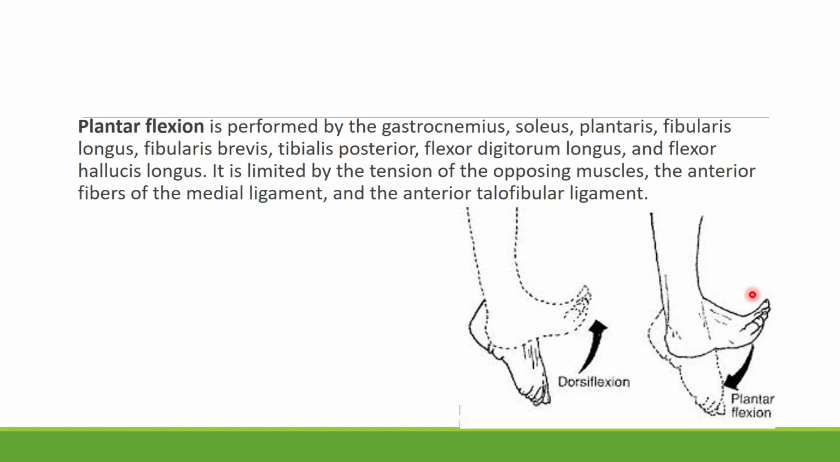Now the plantar flexion. Plantar flexion is produced by the gastrocnemius muscle, soleus muscle, plantaris muscle, fibularis longus and fibularis brevis, then tibialis posterior, flexor digitorum longus and flexor hallucis longus. These are the muscles of the lateral compartment of the leg and the superficial and deep muscles of the posterior compartment of the leg. They are responsible for producing plantar flexion, but plantar flexion is limited by the tension of the opposing muscles. And what are the opposing muscles? The anterior muscles or extensor muscles, which are present in the anterior compartment of the leg, and the anterior fibers of